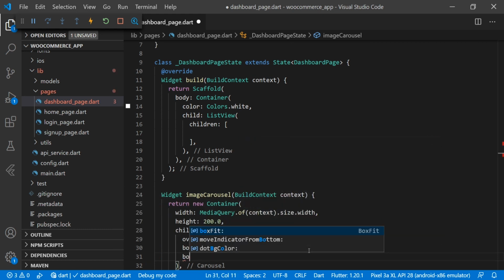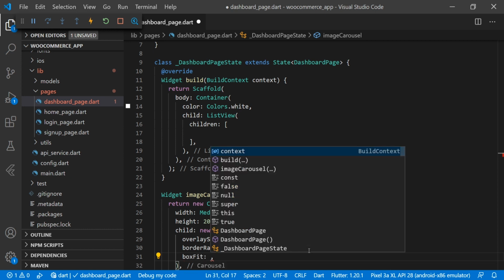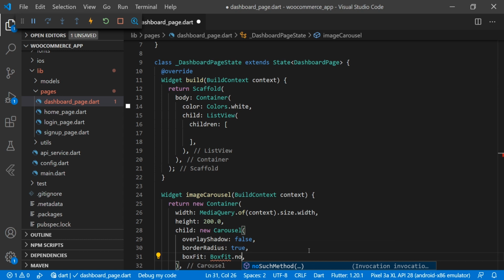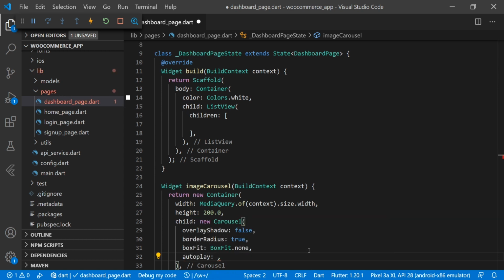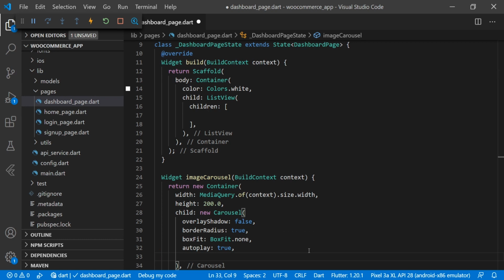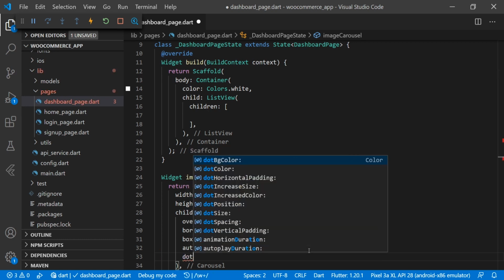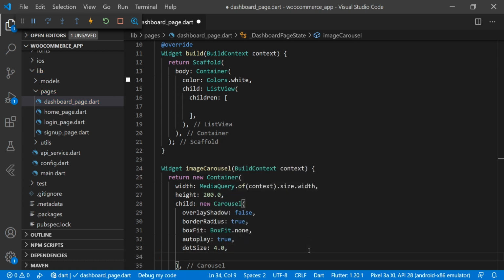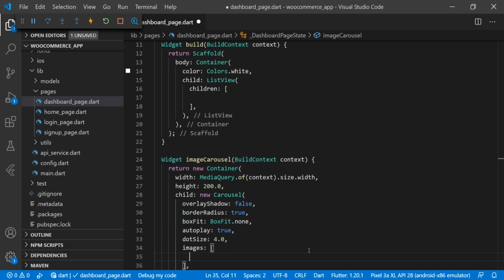Then we will have a box fit, and here we are using BoxFit.none, and here we have autoplay, and we are making it true, so it will automatically play the slider. Then we have a dot size here, we are making it 4.0. Then we have an array of images, and here we have to define those images.